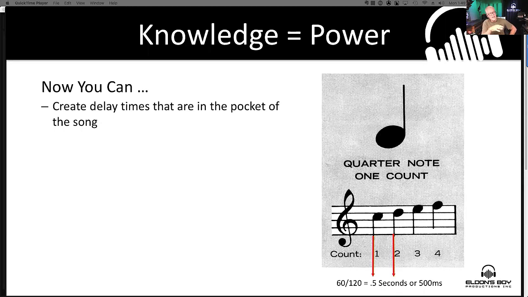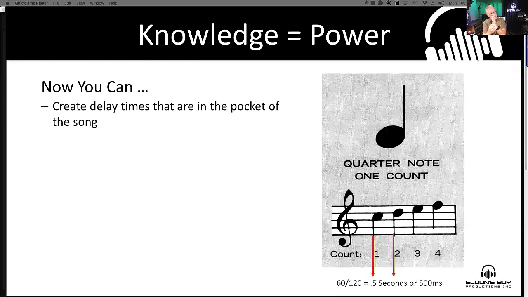So if I create a delay on a vocal or something like that, and it lands on the quarter notes, every time it comes back into the console, it's going to be in time with the song. It's not going to sound awkward. And it might even hide a little bit behind the other things that are on that same quarter note. But now that we know they're aligned,